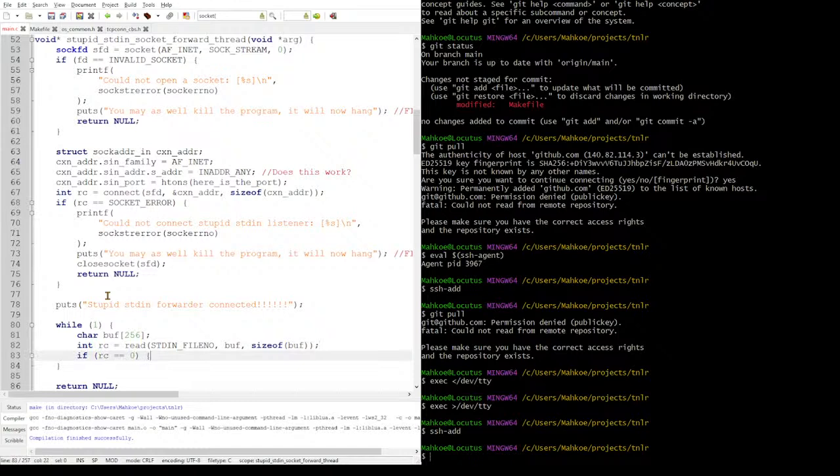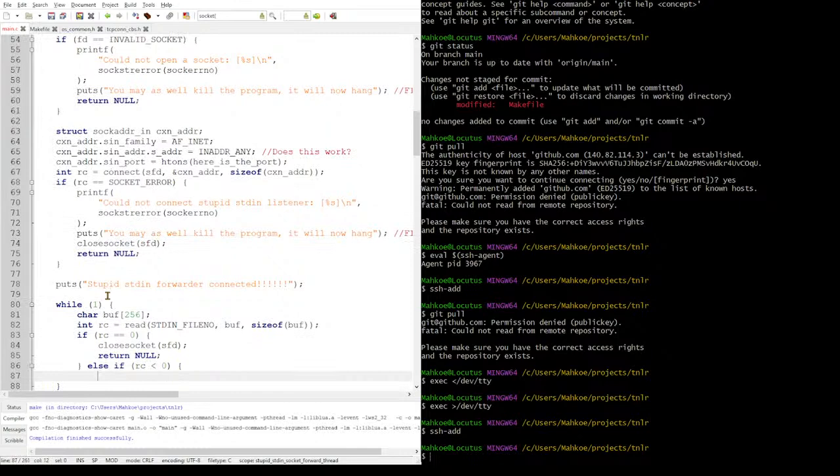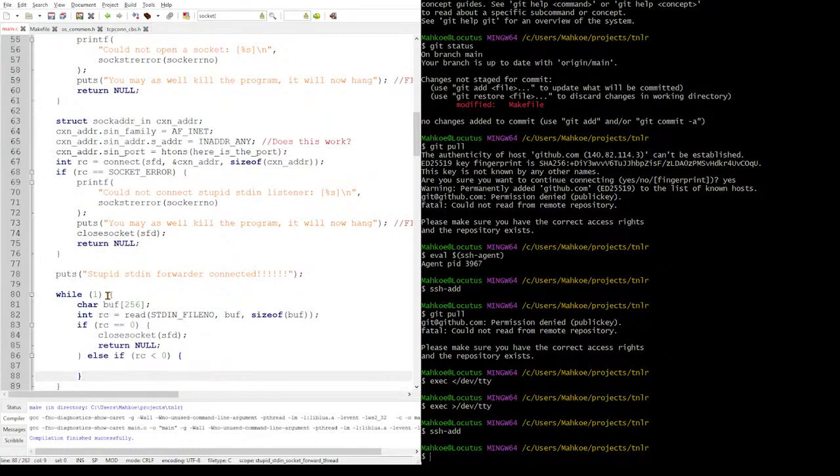RC equals 0. We will close socket SFD, return null, else if RC is less than 0, whatever, just whatever. Now we will do while RC is greater than 0